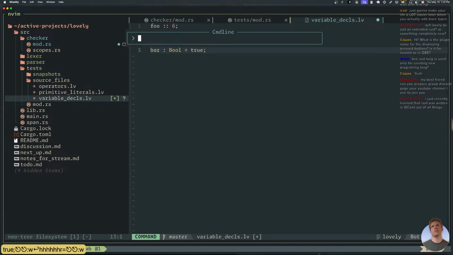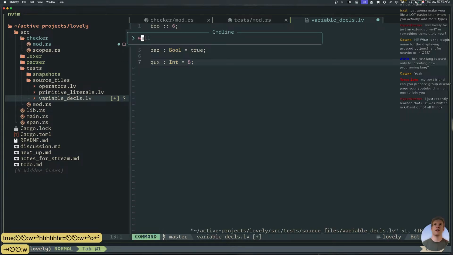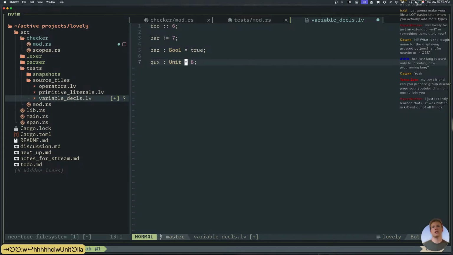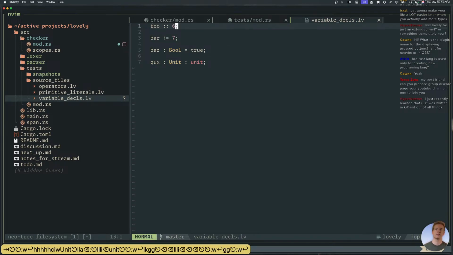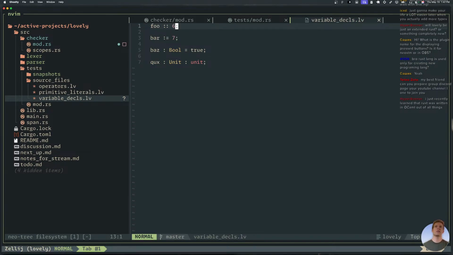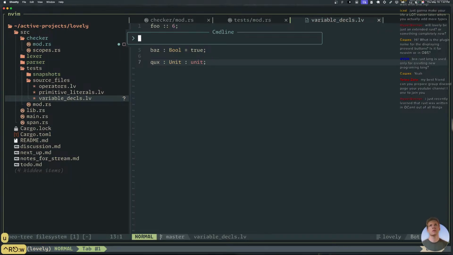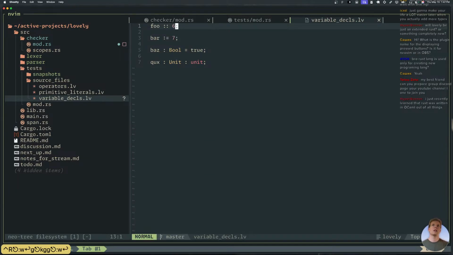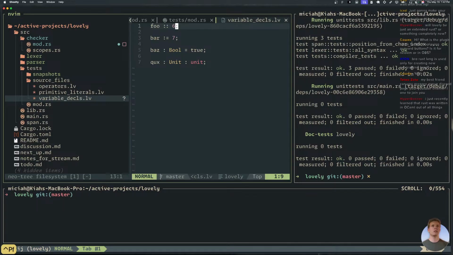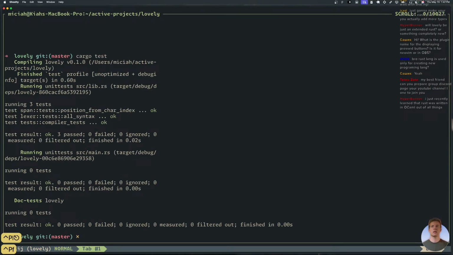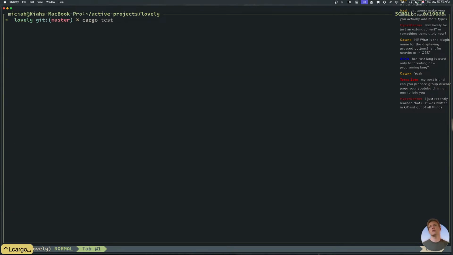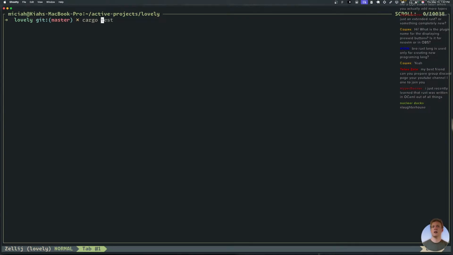It's gonna be mutable. And I'm gonna say that is a unit, it's constant, and it's a unit. How about that? Pretty interesting. Oops. And then, yeah, so this kind of moves the order of the test cases around, so it might be a little messy, but it's okay.